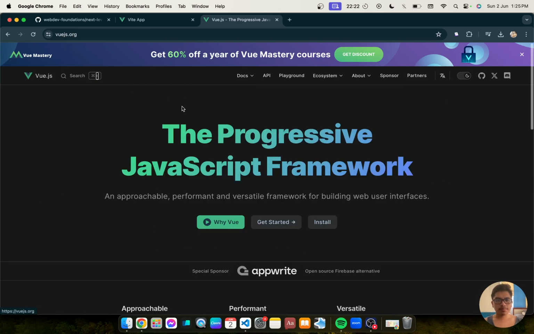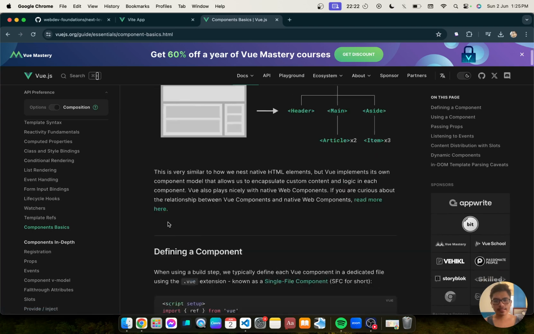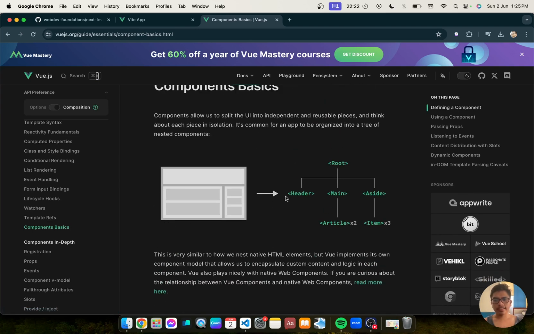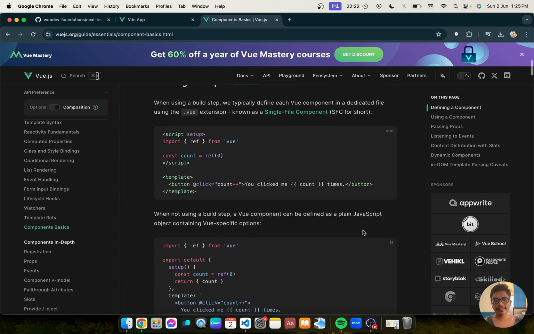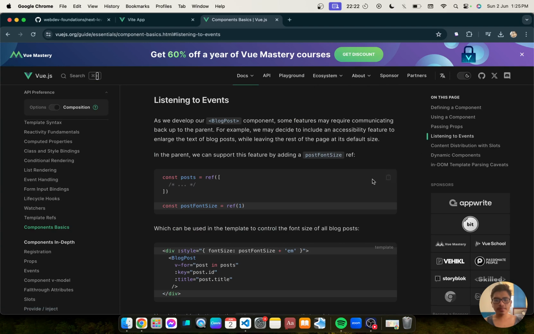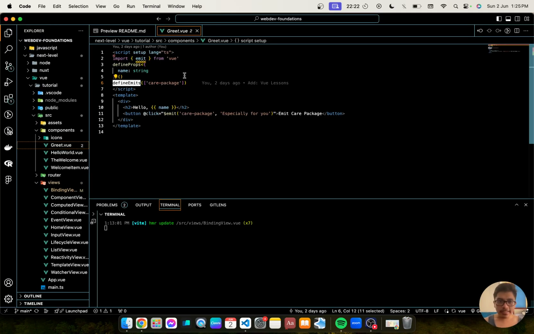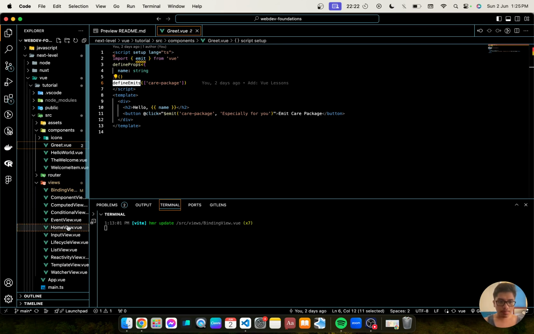Let's look for the simpler version. Guide, component basics. Okay. As you can see here, we can have root, header, main, article, aside, and so on. So here, when passing props, let's view component view.